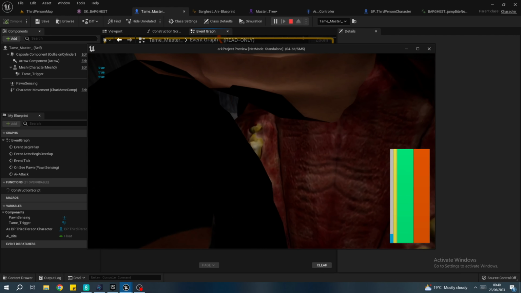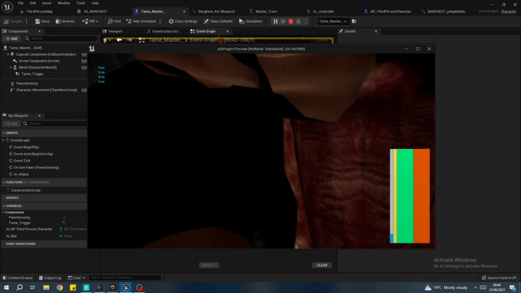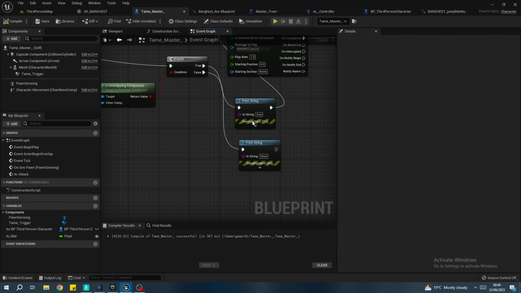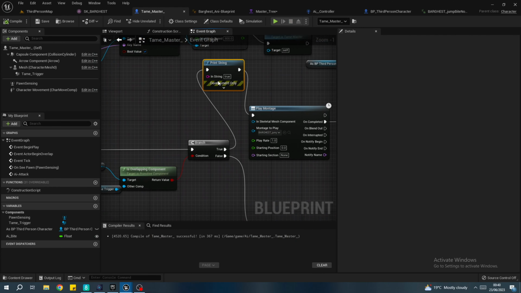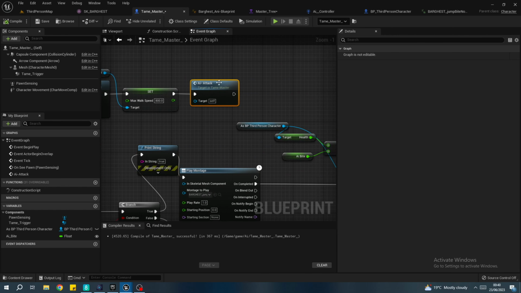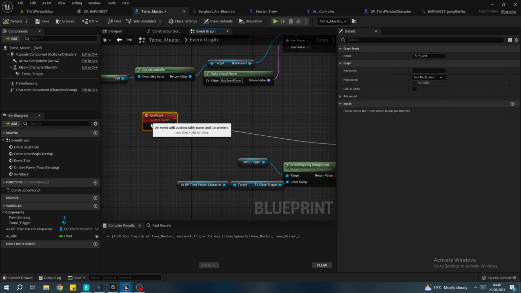False, true. True. True. True. True. True. True. True. So it's hitting the true, okay? So that's good. So it means that on pull sensing is coming down here, and then it's going to AI attack if it can. Okay, so what we're going to do is on AI attack,